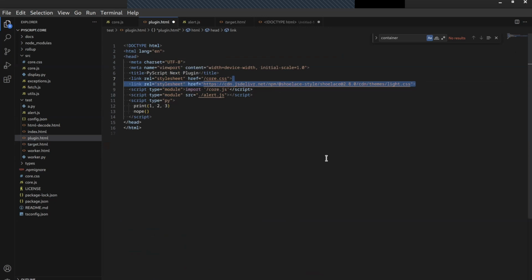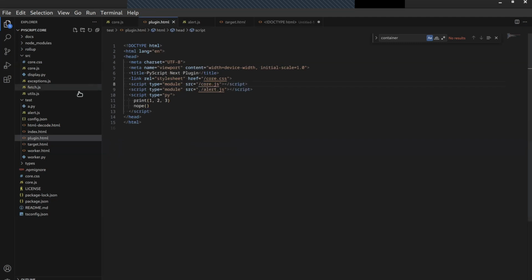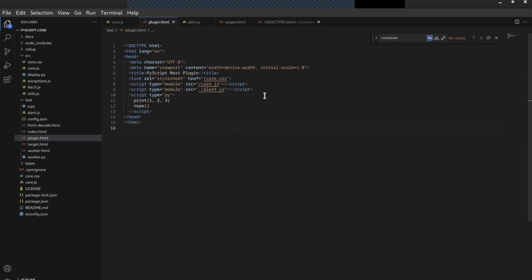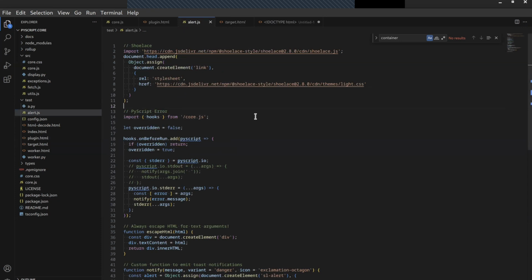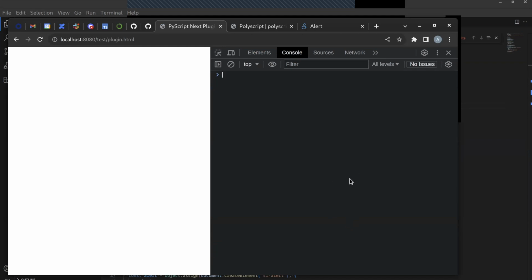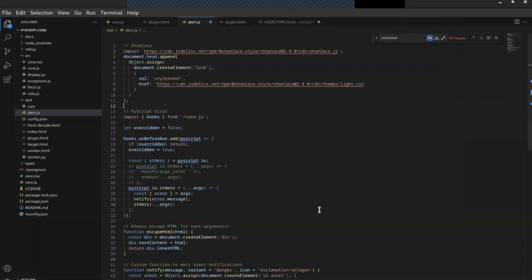So I want to remove this. I want to use the source instead, and hopefully not put myself in trouble. But this should have the same issue, to my understanding of how things work. Alert.js, core.js, okay. It should still work, and it should still have the error. So it has nothing to do with import map. It's confirmed. It's a Shoelace thing when we move the file into a module, and probably has to do with